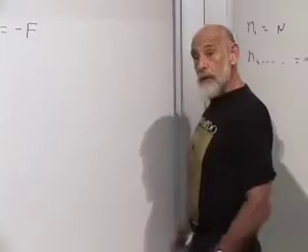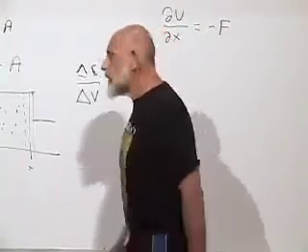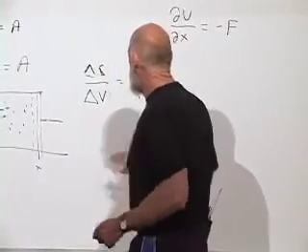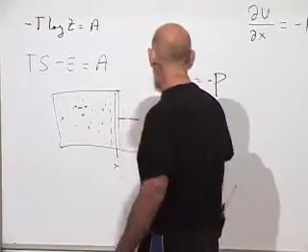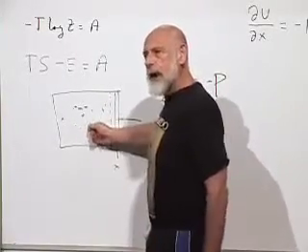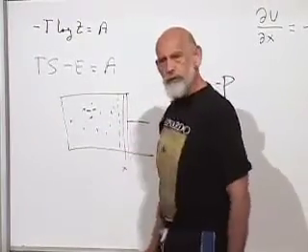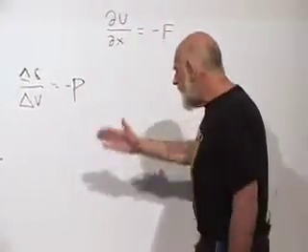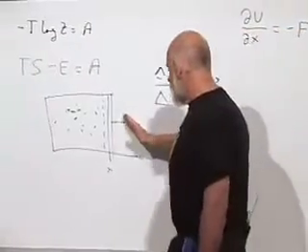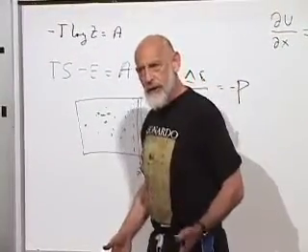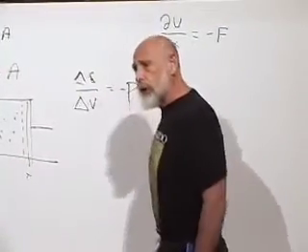Let's see, or cool it, or take energy out of it. Then this formula would not be right. For example, I could squeeze the gas a little bit, which would tend to increase the energy, but at the same time remove heat from the gas, right, by connecting it to a refrigerator. I could decrease the energy by removing heat, but squeeze the gas, which would tend to increase the energy. The net effect being, if I tuned it correctly, to not change the energy at all.